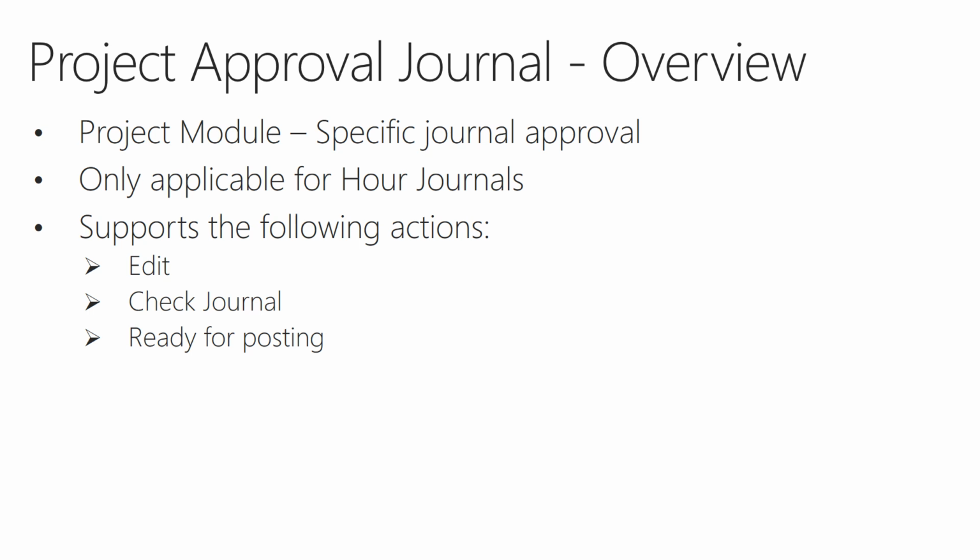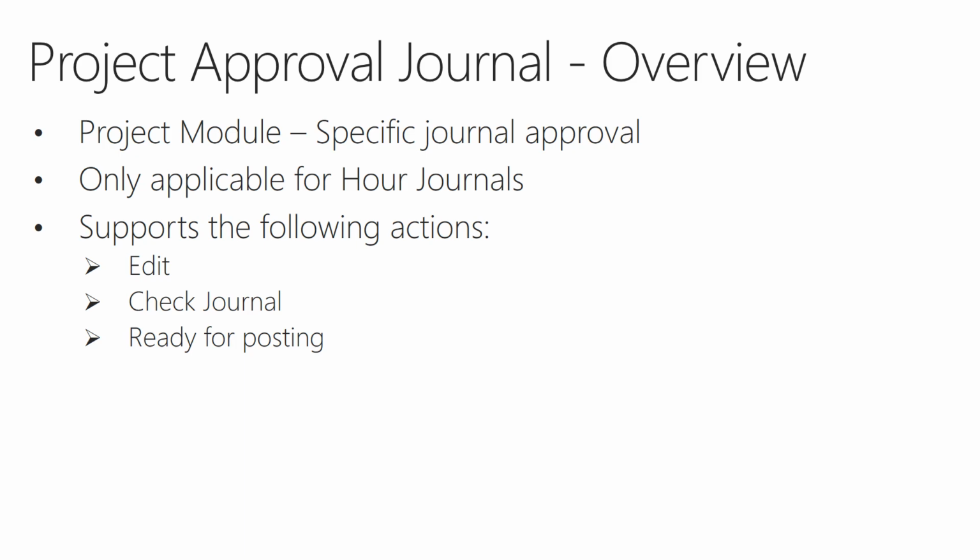But basically you can tie in an approval system to an hours journal and it supports the following actions. You can put the journal in edit mode. You can allow a view only mode of the journal, which is the check journal option. And then you can flag the journal as ready for posting. So now we'll jump into AX and take a look at what it takes to set up and use the